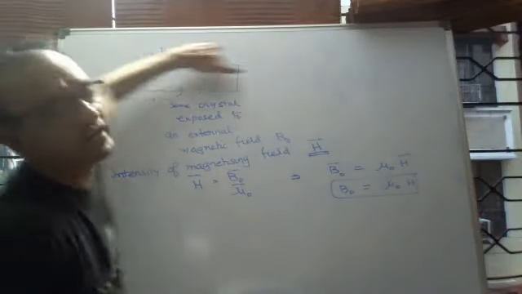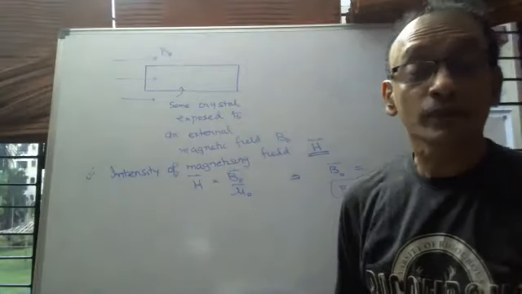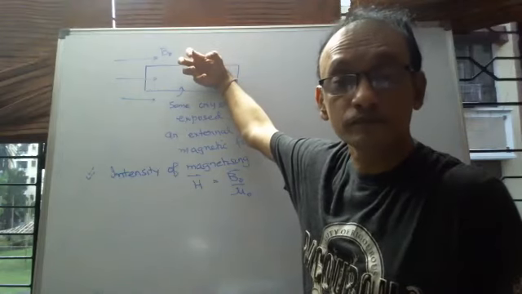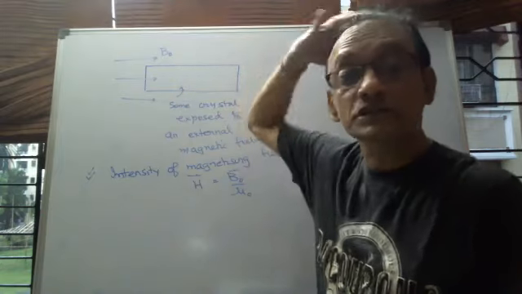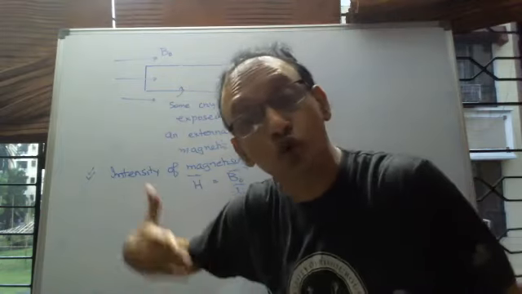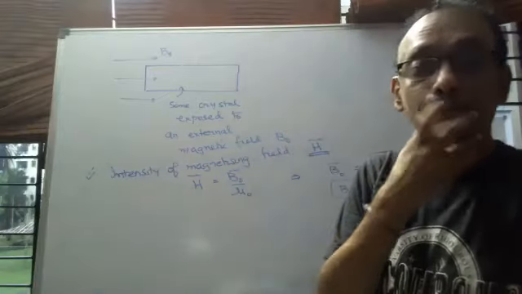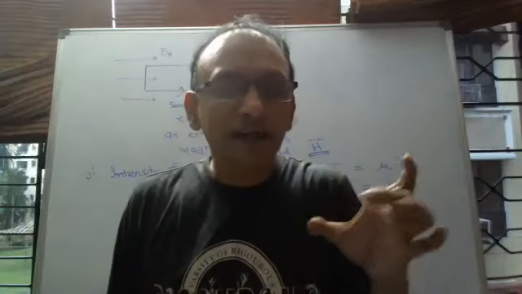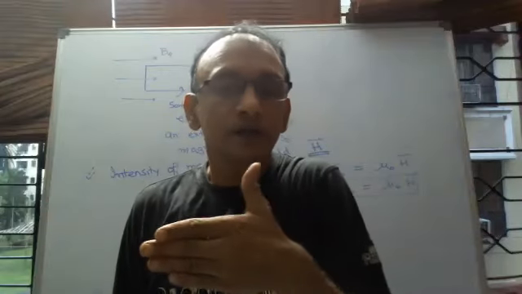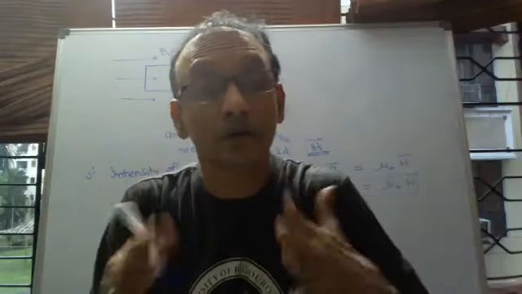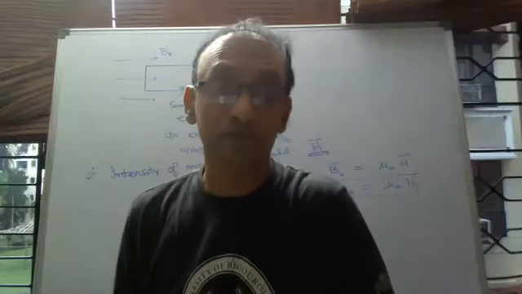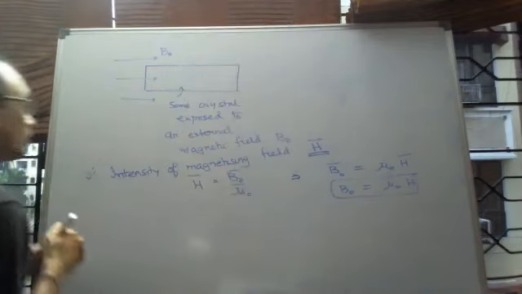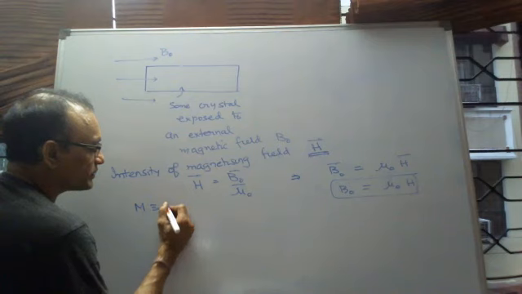Now, when you subject it to an external magnetic field B naught, there is a magnetic field which is produced or induced inside the material. What happens is that now the atoms will get reoriented and there is a magnetic moment produced inside the material. If M is the magnitude of the magnetic moment produced,